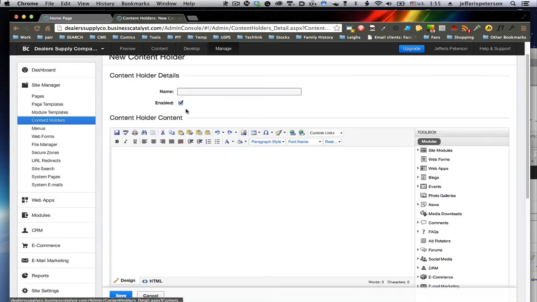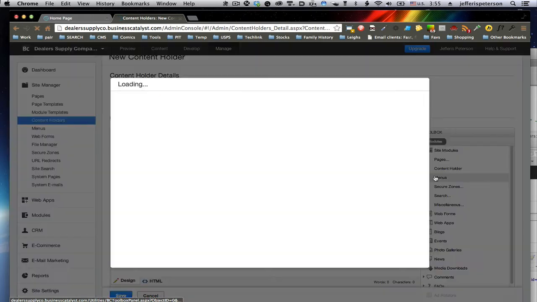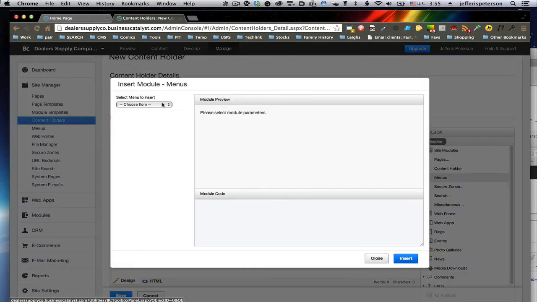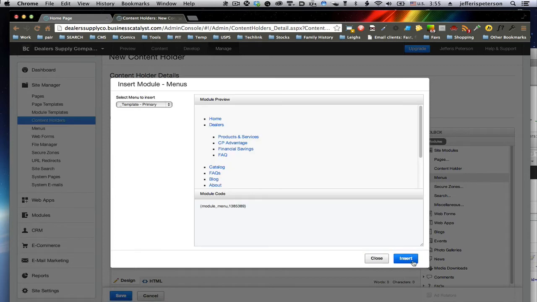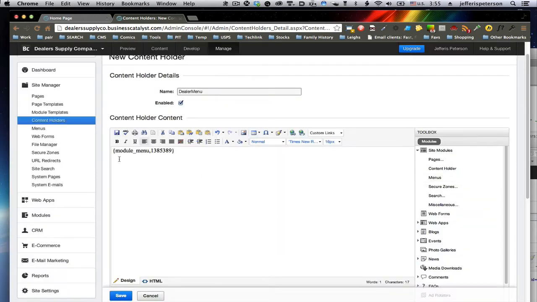a new one called Dealer Menu, and we're going to insert a menu system, and template primary is what we want. And see, it's module manual 13.8.53.89, but we want to make sure that this is following the format we have, and since it's a module manual version 2,